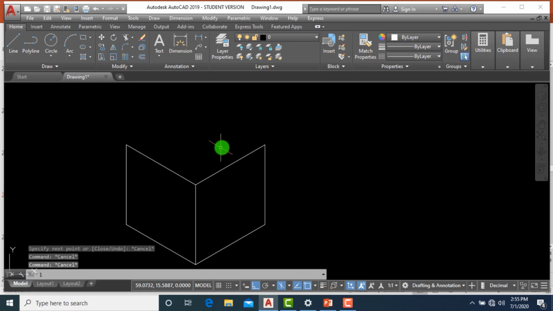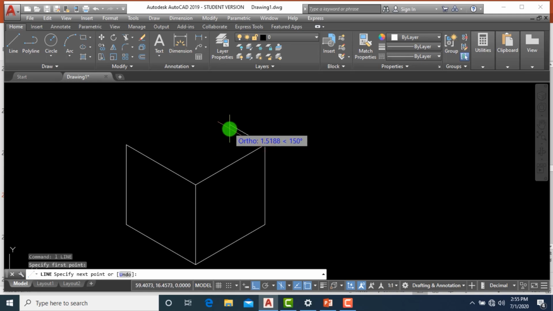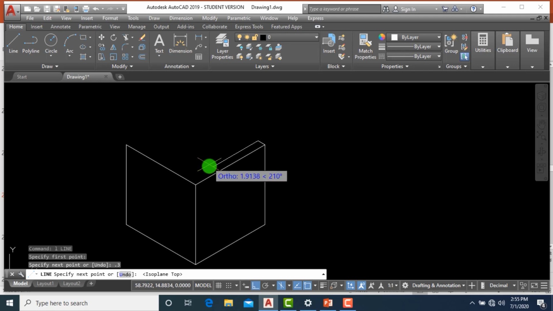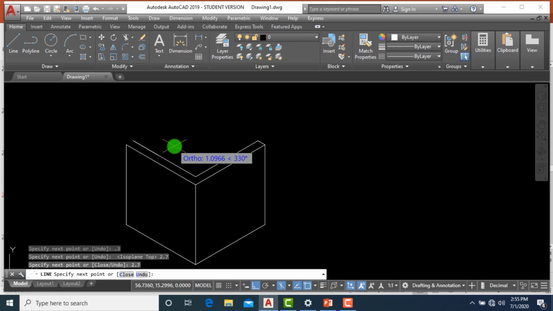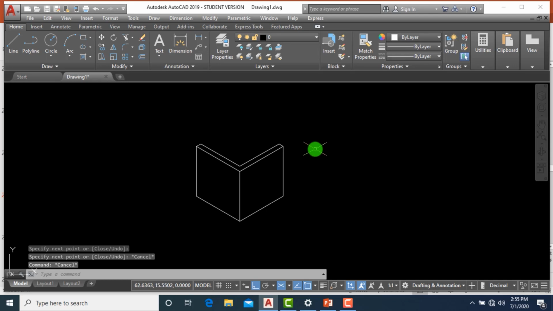The wall thickness is 0.3. So from here I go 0.3 down, and then I can change the isoplane by F5. Let's say 2.7, because I subtracted 0.3 the wall thickness, and 2.7 here, same, and then I can join these two. So this is the wall that I have created, 2 faces of the wall,